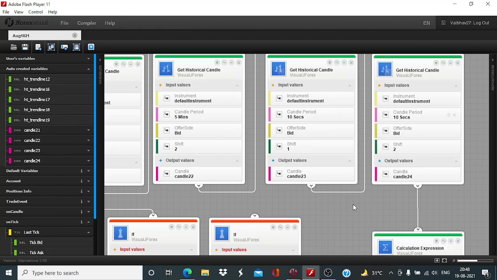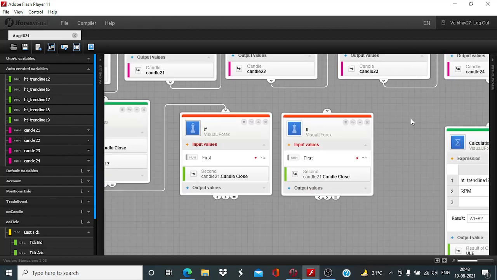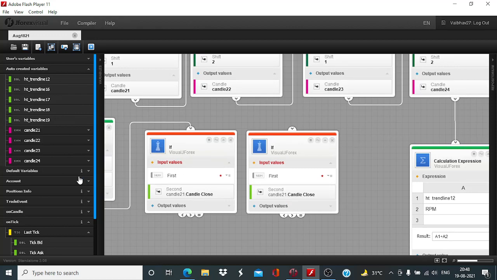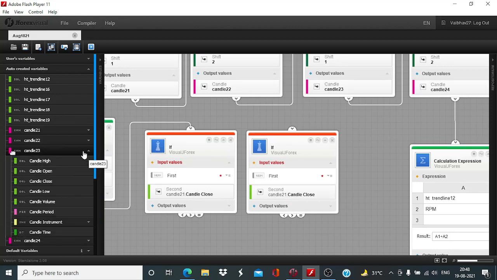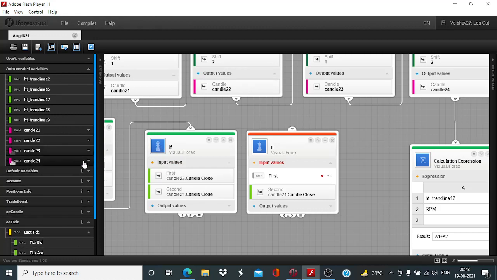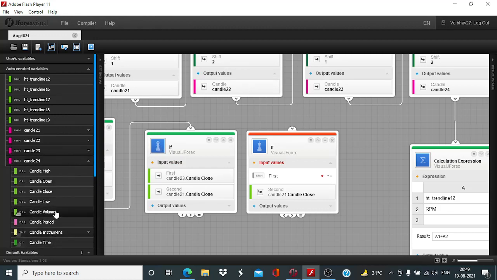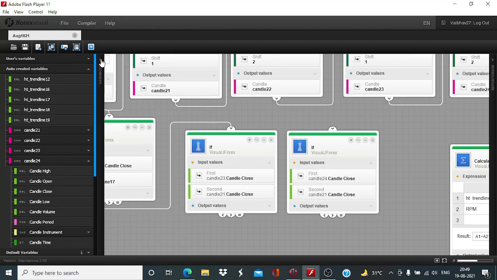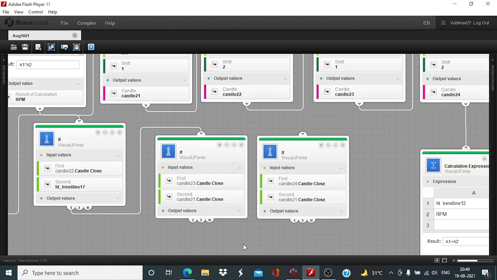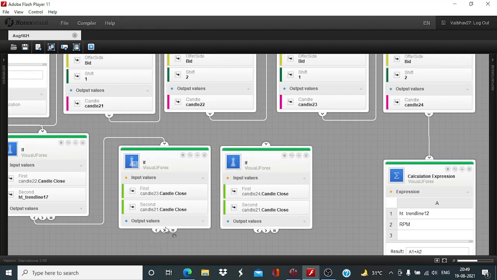The candle period is 10 seconds, and here we will need candle 23rd to have closed higher, whereas candle 24th should have closed lower. First input greater than second input,